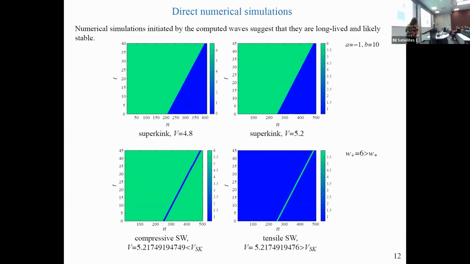Just scholars. So we also checked using direct numerical simulation. We can just start with the corresponding turbulent wave and see how it propagates, and we saw robust propagation in the super kinks, because the super kinks have different velocities, and compressive and tensile waves. This is just below the super kink limit, so you can see it's quite broad. In this case, sorry, in this case, W plus was above the compressive.